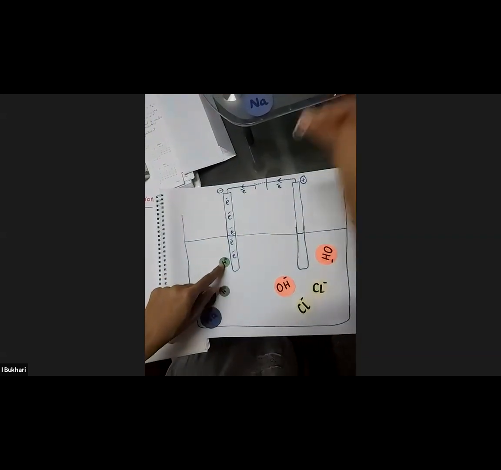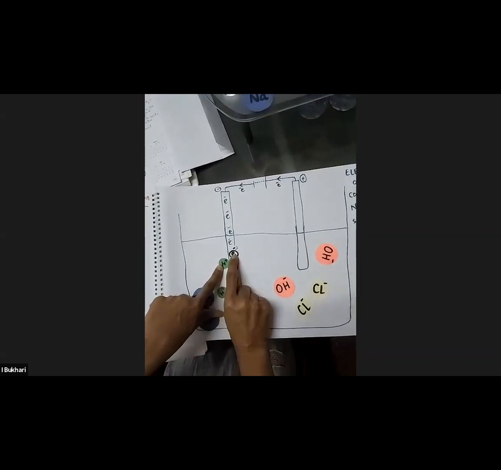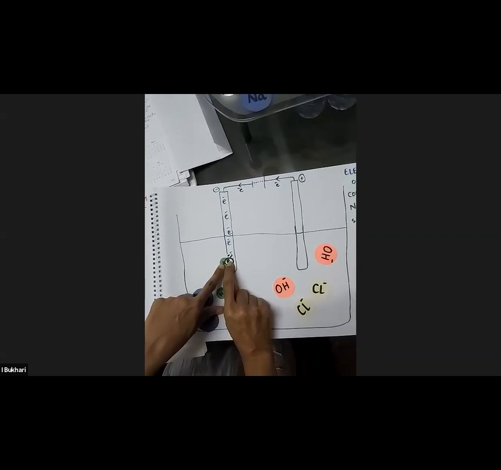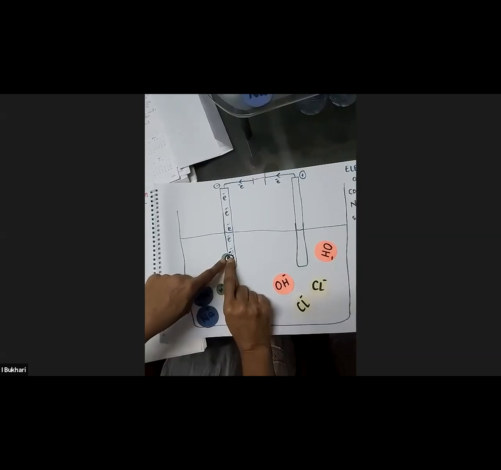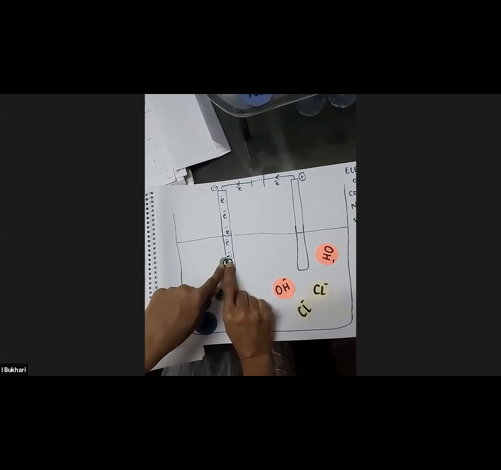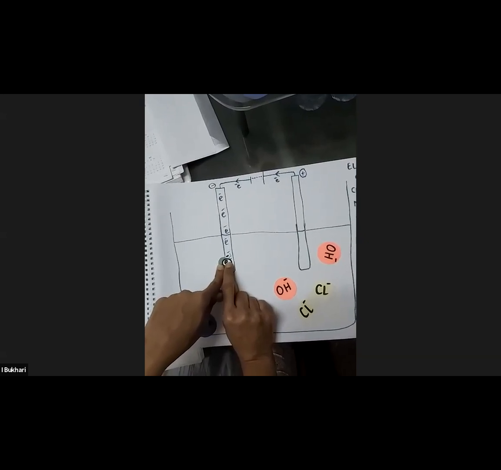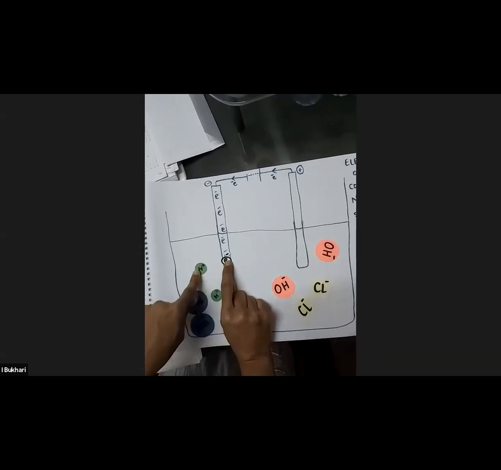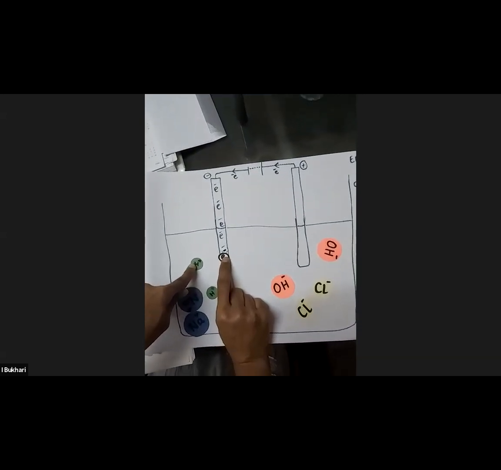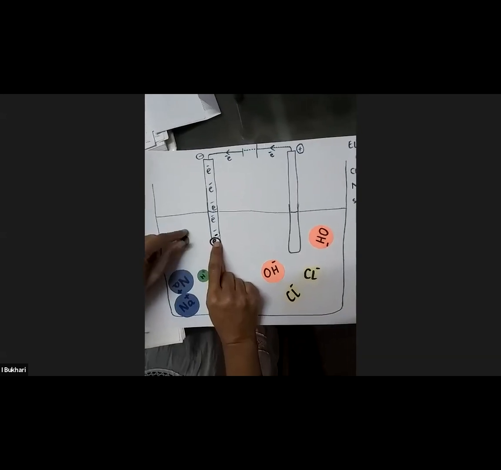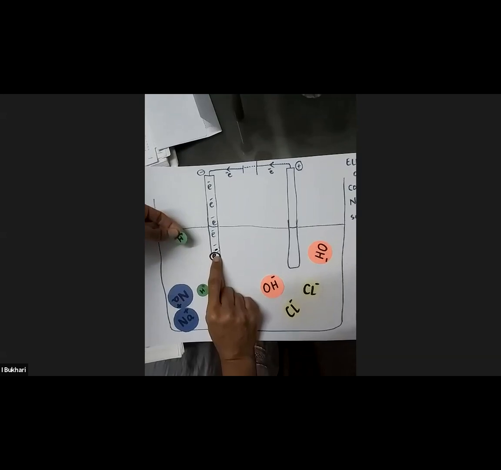I made this little tiny electron for you guys, just so that you can visualize. So it is accepting this electron very unwillingly. It doesn't want to, but it has to because it is being forced, because that will make it unstable. That's why it won't accept the electron, because that would make it unstable. Why did it become an ion in the first place? To get stability. Now it doesn't want to lose that stability. It is better off in the solution in the form of an ion, because this is more stable. That's why.